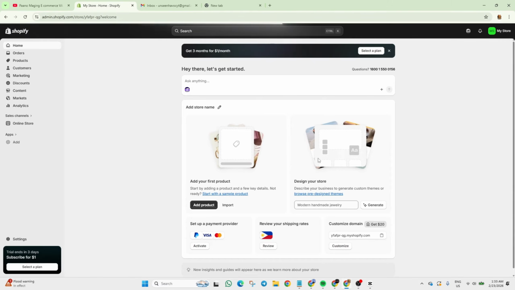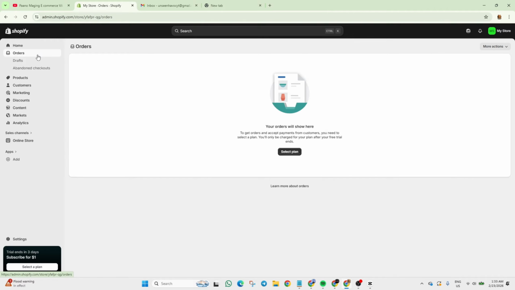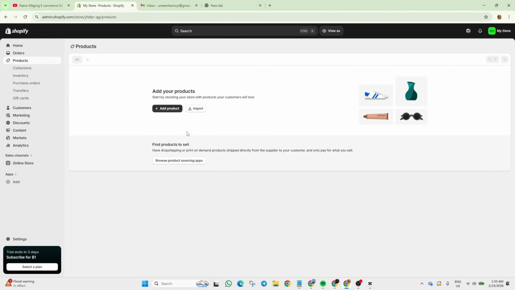If you're a Shopify VA, you will always see this. This is the first time that you will see the homepage. This will be the orders. Dito makikita yung mga orders ng customer mo or client mo. And then products. If you're a product lister, this is where you will work. Sometimes you don't get access to all of this, because if you're only a product lister, ito lang ibibigay nila. So this is where you add product.